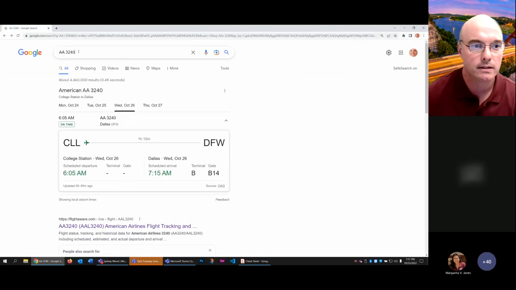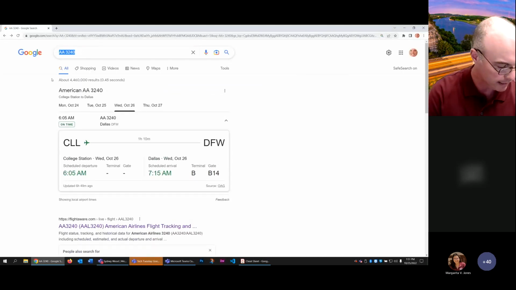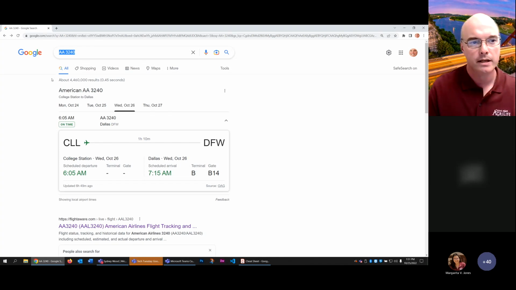You can now paste directly into the Google search box UPS tracking numbers, FedEx tracking numbers, USPS tracking numbers, and it'll pull that information up, or at least give you a link to the website where you can go get it. And then you can use basic searches like I showed you, but you can also start